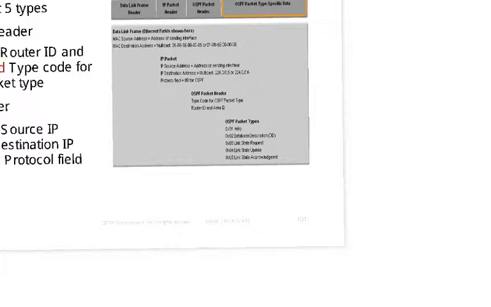The area ID is a new concept that OSPF uses, which we will discuss in detail. But just to give you a brief idea, the area ID is included in OSPF to address the issue of scalability. As we said before, the autonomous system is a group of routers that are governed or controlled by